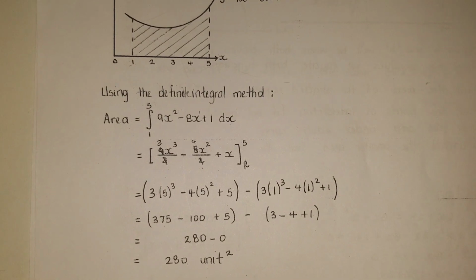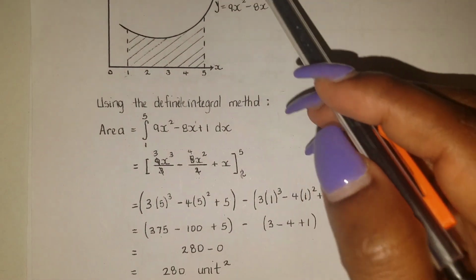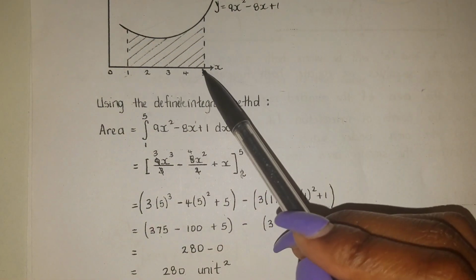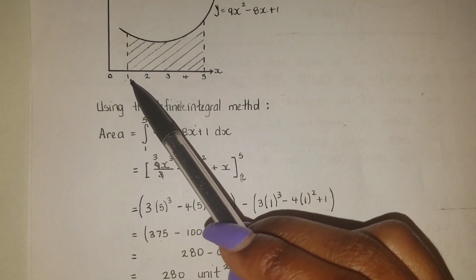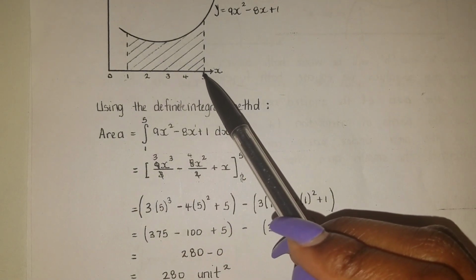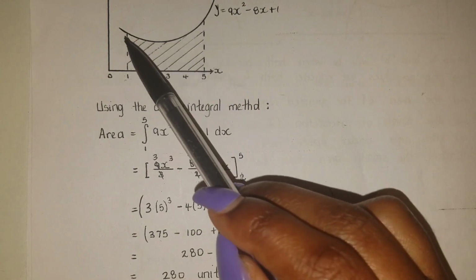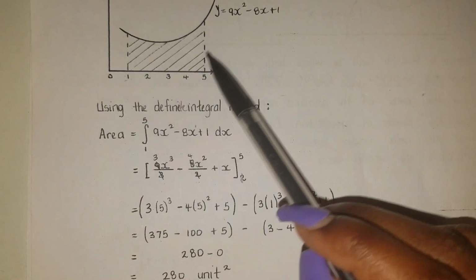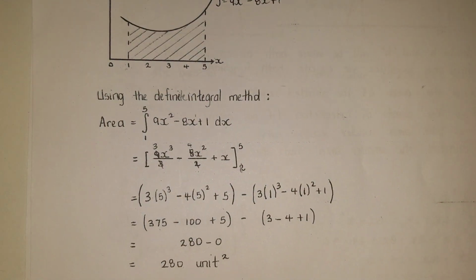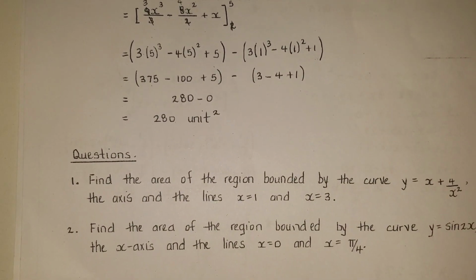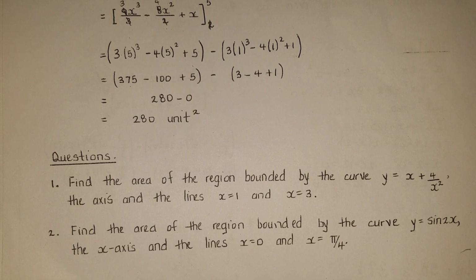So once more, to find the area under a curve, we simply integrate the equation of the curve, and the limits can be found from the boundaries if you're given a graph like this. Now, you are not always given a graph. If you look in the question that follows, it says,